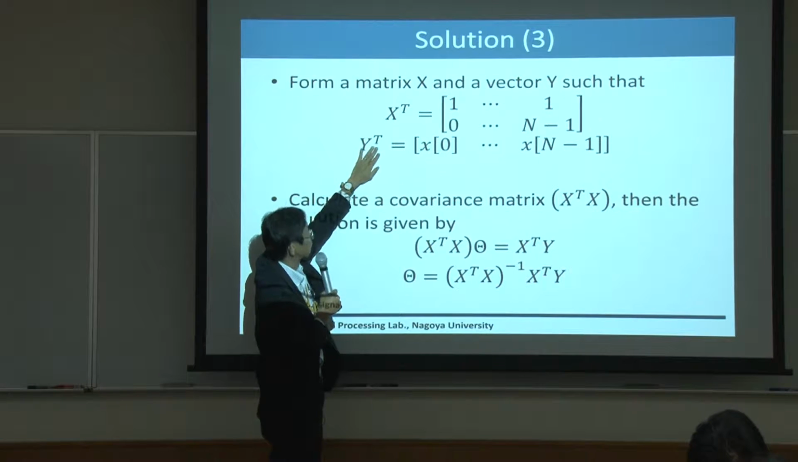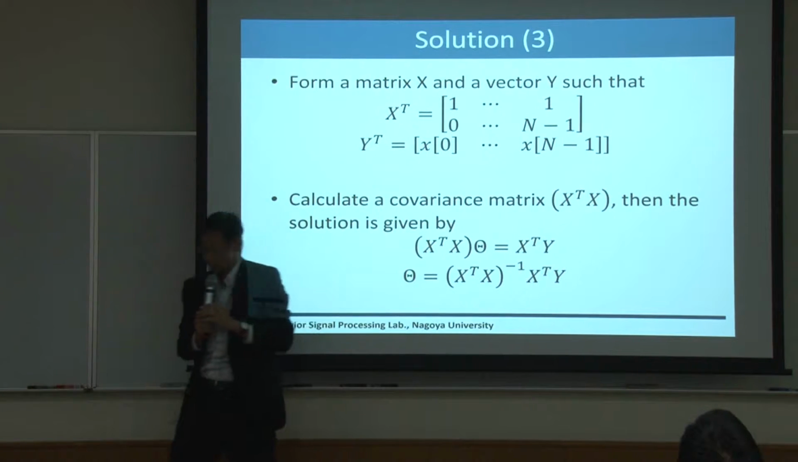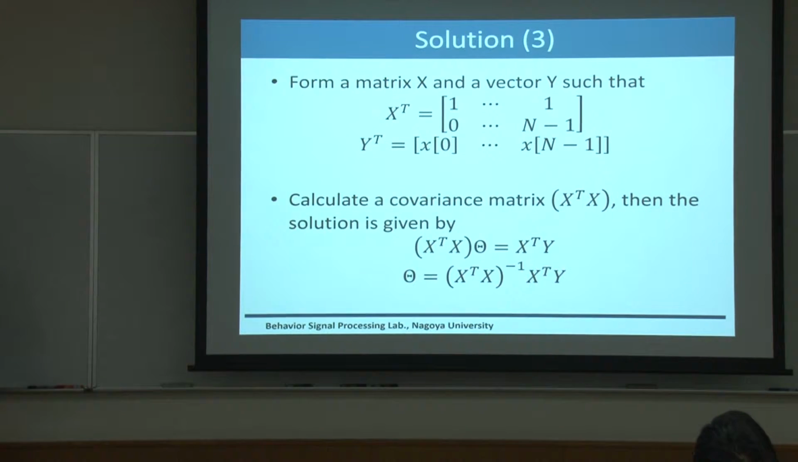Yes, T is transpose. Sorry. Okay, so please be careful, I use T for the transpose. Which means that the X matrix has the form like this: 1, 1, 1, 1, 1, and 0 to n minus 1. And of course, Y